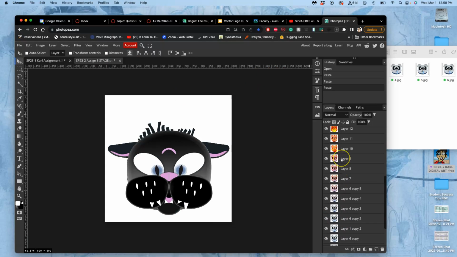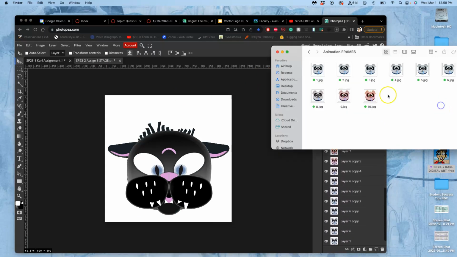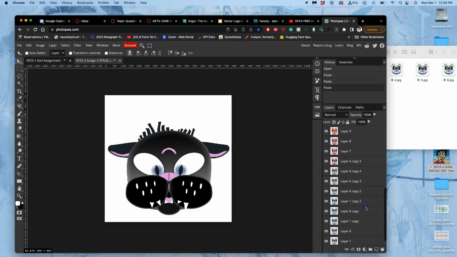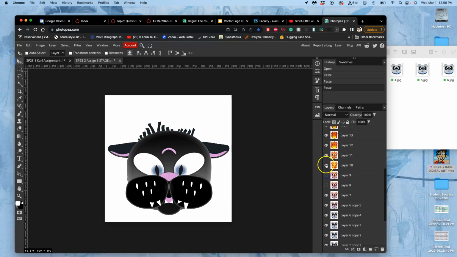And just to make sure, that's number 10 in terms of frames on my stage. So that's 1, 2, 3, 4, 5, 6, 7, 8, 9, 10. So if I turn off everything,